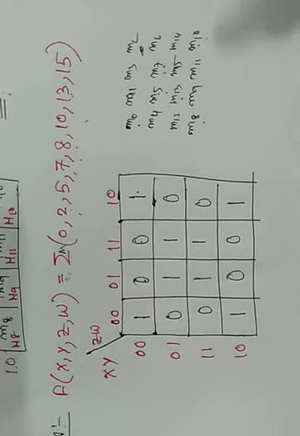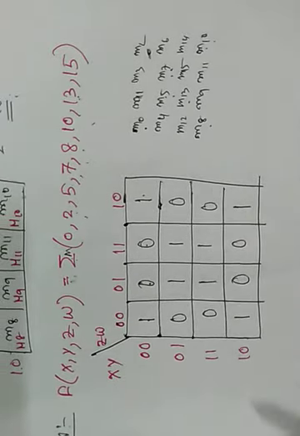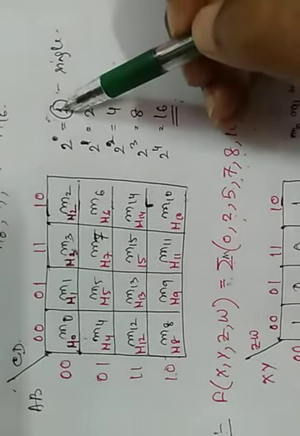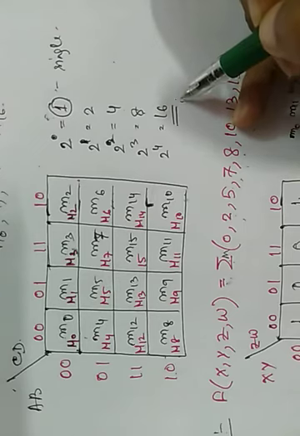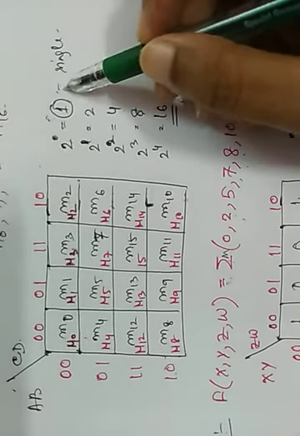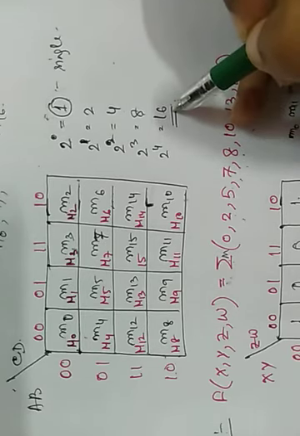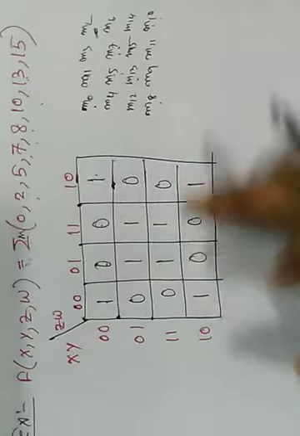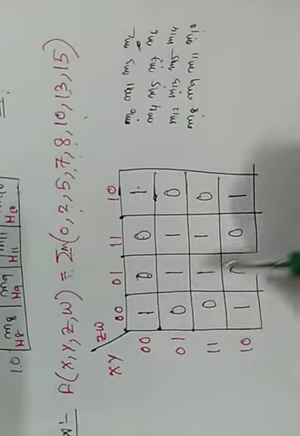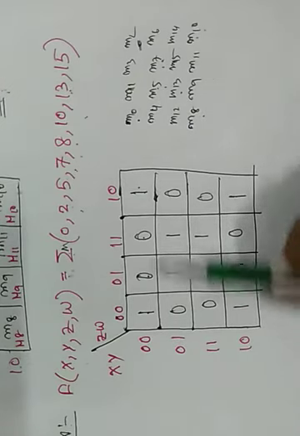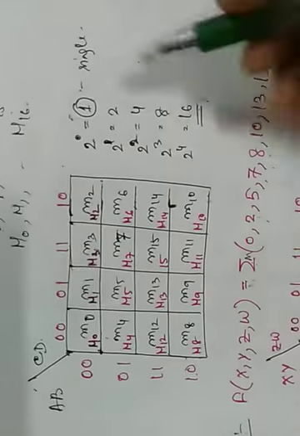Now we have to make groups of 1. At first we have to see whether it is possible to make combinations of larger groups. Larger means we can group 1, 2, 4, 8, or 16 ones. We check in decreasing order. Is it possible to group 16 ones? No, obviously not, because there are many zeros. Is it possible to group 8 ones? Also not, because no vertical or horizontal columns have all ones.